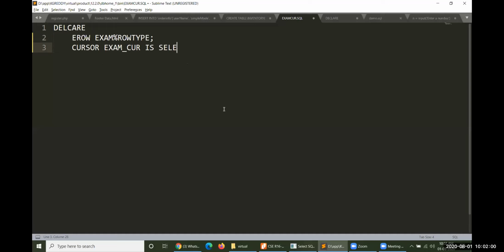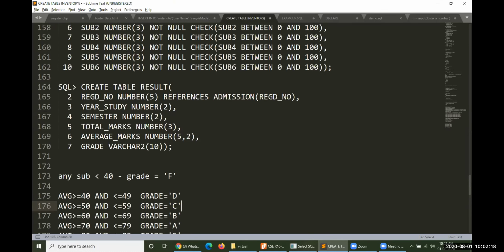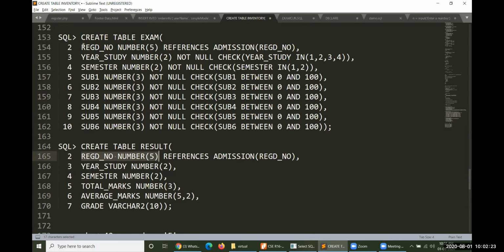It is select everything from the exam table, whatever table name you have taken. As far as this particular table is concerned, if you take the result table, register number can be secured from the exam table.